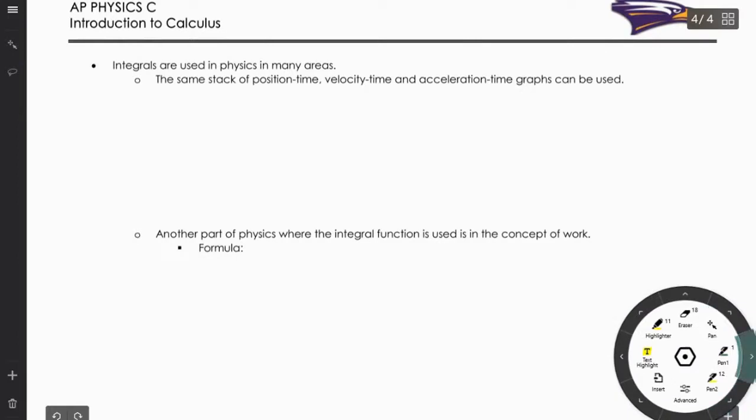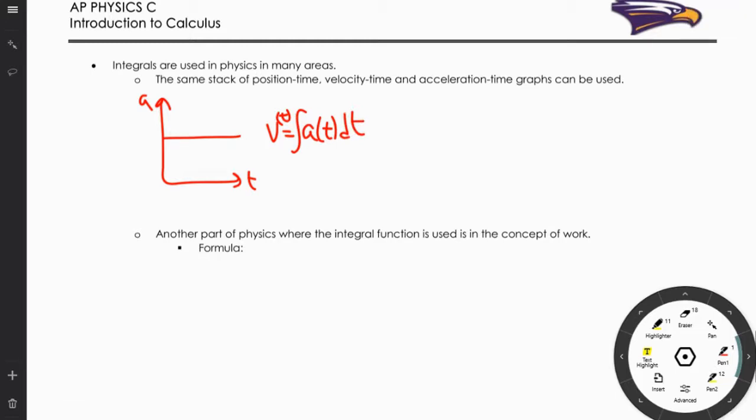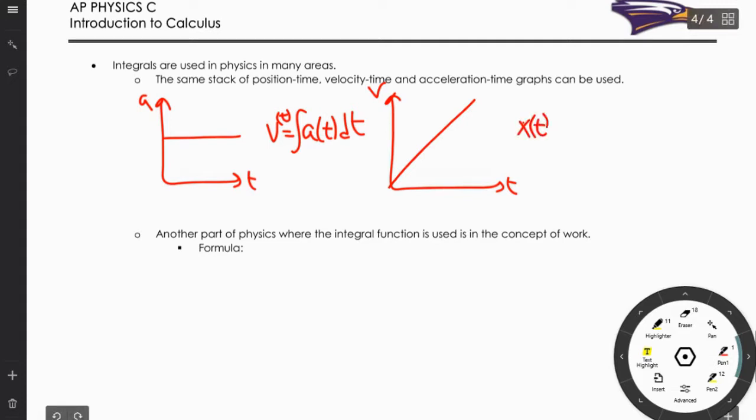So now, where do we see this in physics? Well, that stack that we talked about, but now we're going to go the other way. If I have an acceleration time graph, that tells me that velocity v of t is the integral of a of t dt. So I'm going to go from a horizontal line to a sloped line, my v of t. And then my position, my x of t, is the integral of v of t, which then becomes